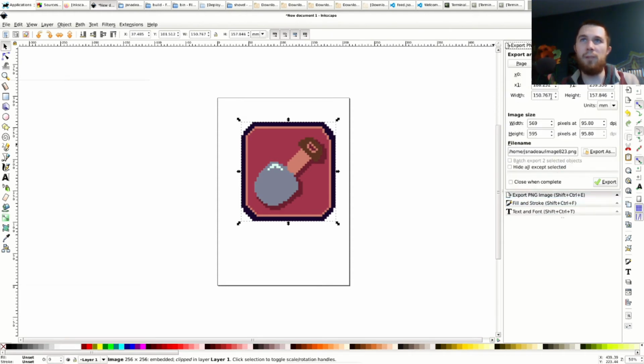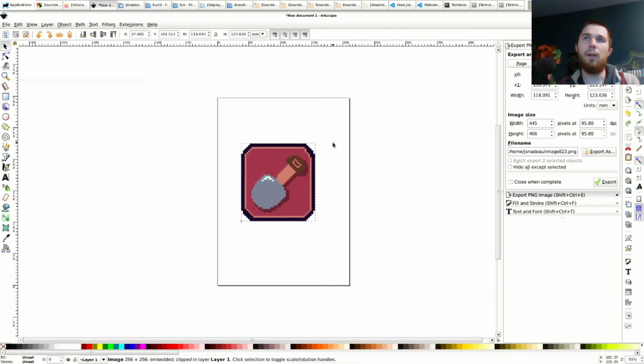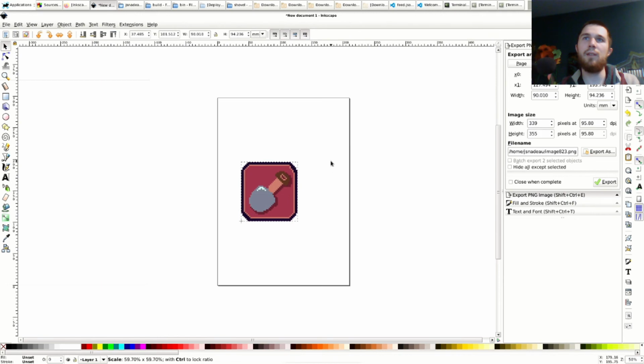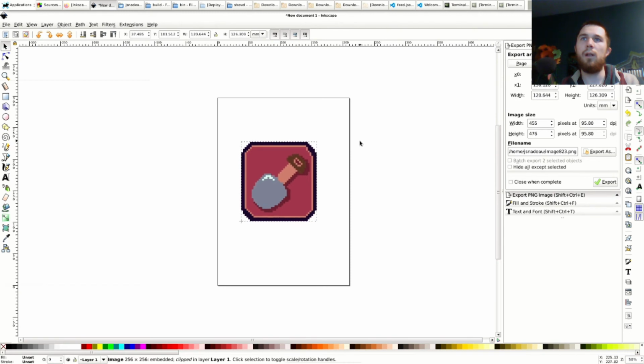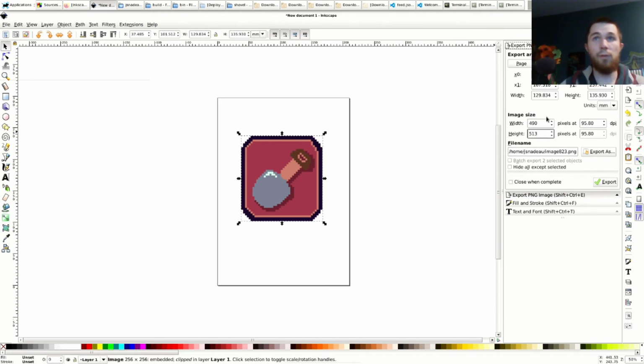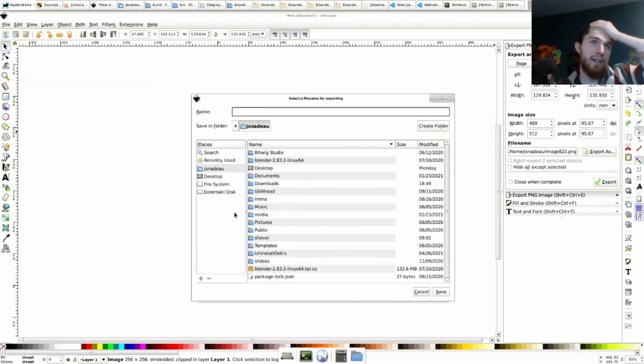So, one of the reasons why I wanted to do it in... let's do 256. Or no, 512. Let's do 512. So one of them needs, it's going to be the height, which is going to be 512. 512. 512. Export as